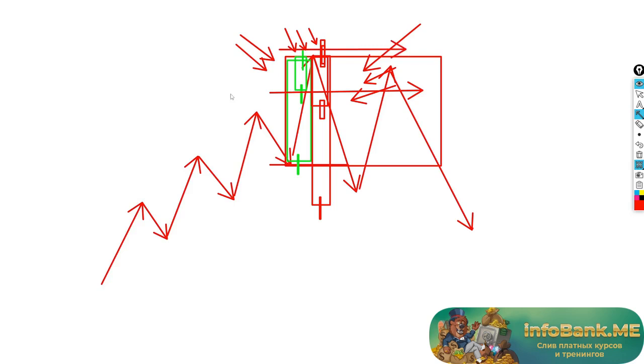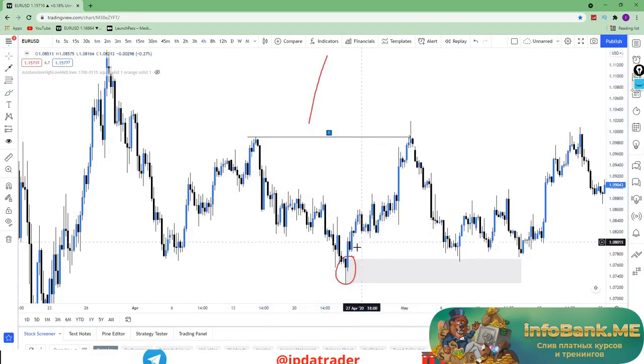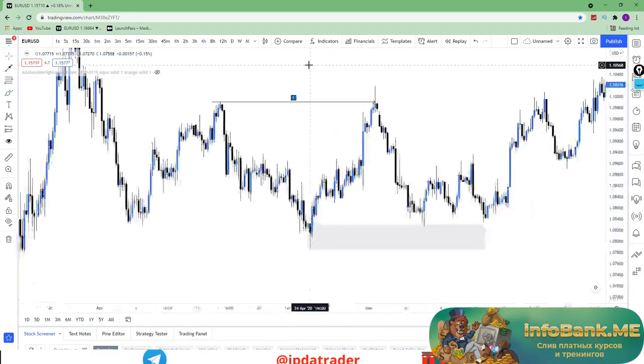As I said, guys, do not get it twisted. There are multiple ways points of interest can look, but we're just focusing on this scenario. And we're going to go back to the charts and take a look at that. So let's get rid of this stuff. And as we said before, guys,